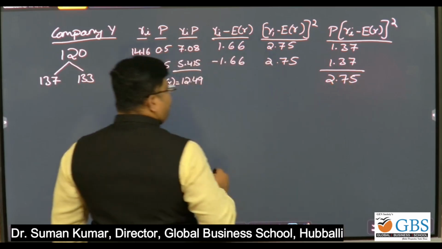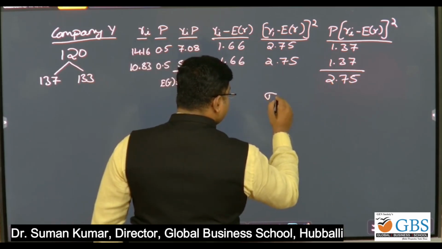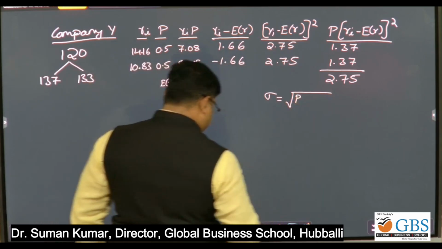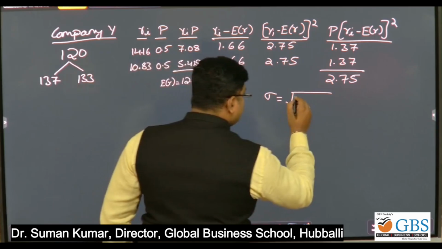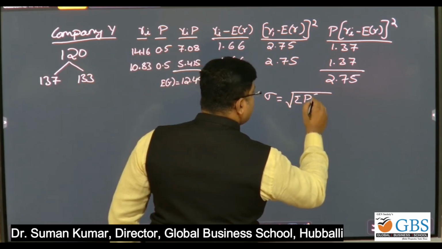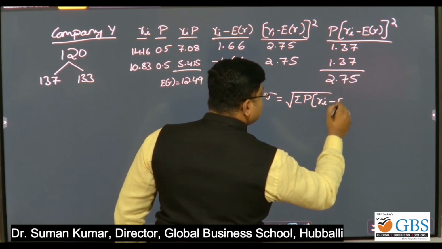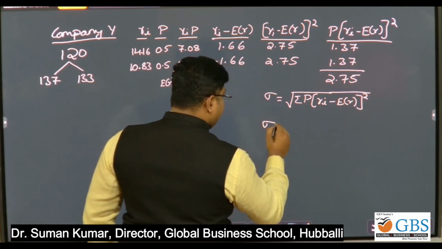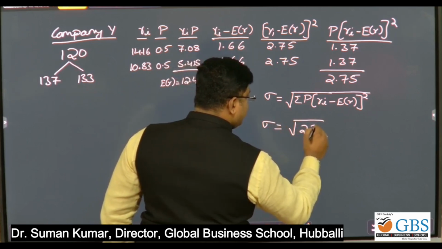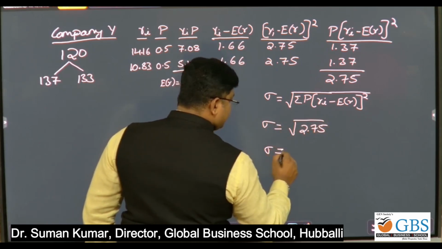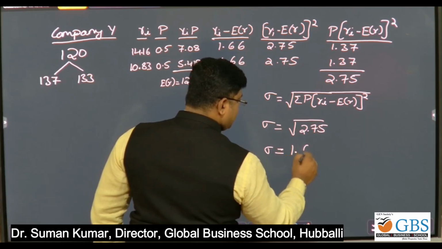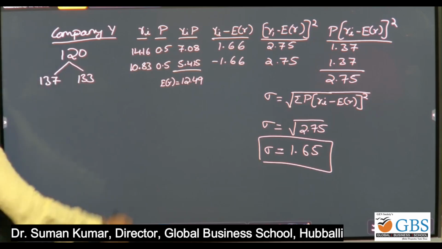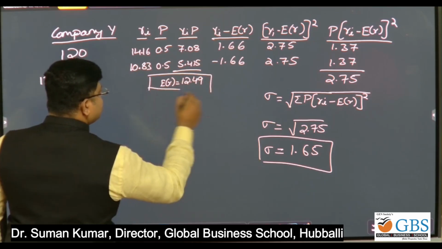So we know the formula of standard deviation, that is risk, can be calculated as square root of summation P into return minus overall return. That is standard deviation is equal to square root of 2.75. Standard deviation is equal to 1.65. Good. So E of R, that is written, is